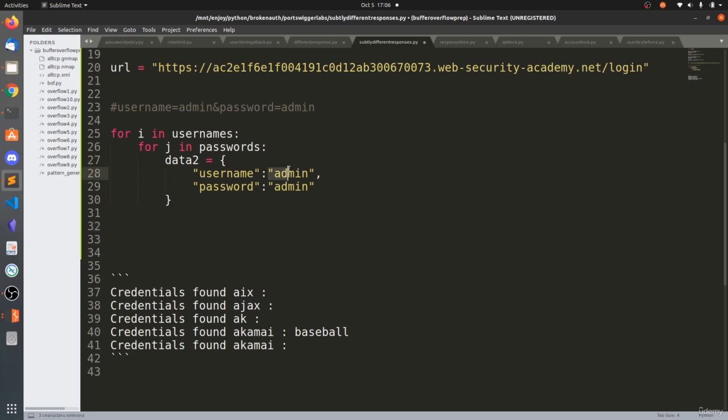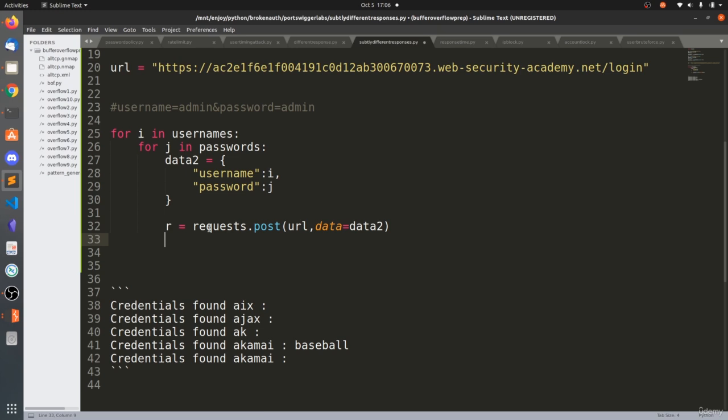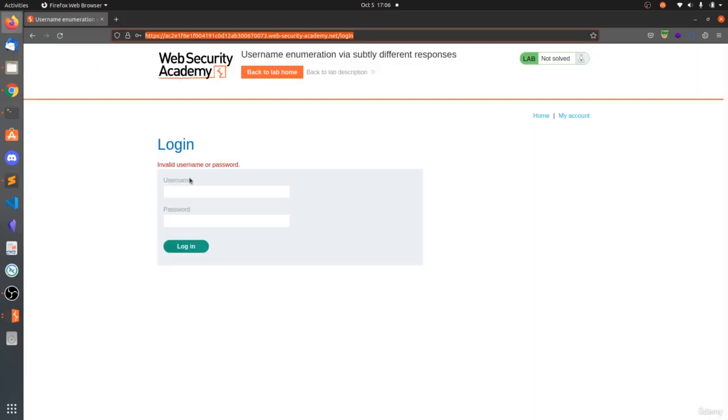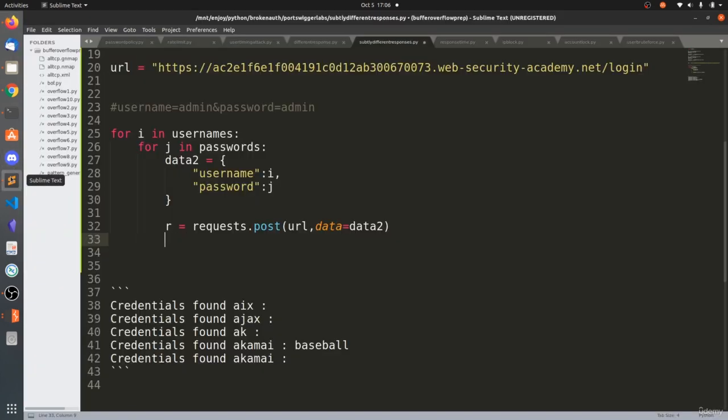So what you need to iterate is the username first and the password next. So i in usernames, j in passwords. So now we can simply send the request dot post of URL comma data equals data2. Okay, now what you need to filter from the response is invalid username or password. If invalid username